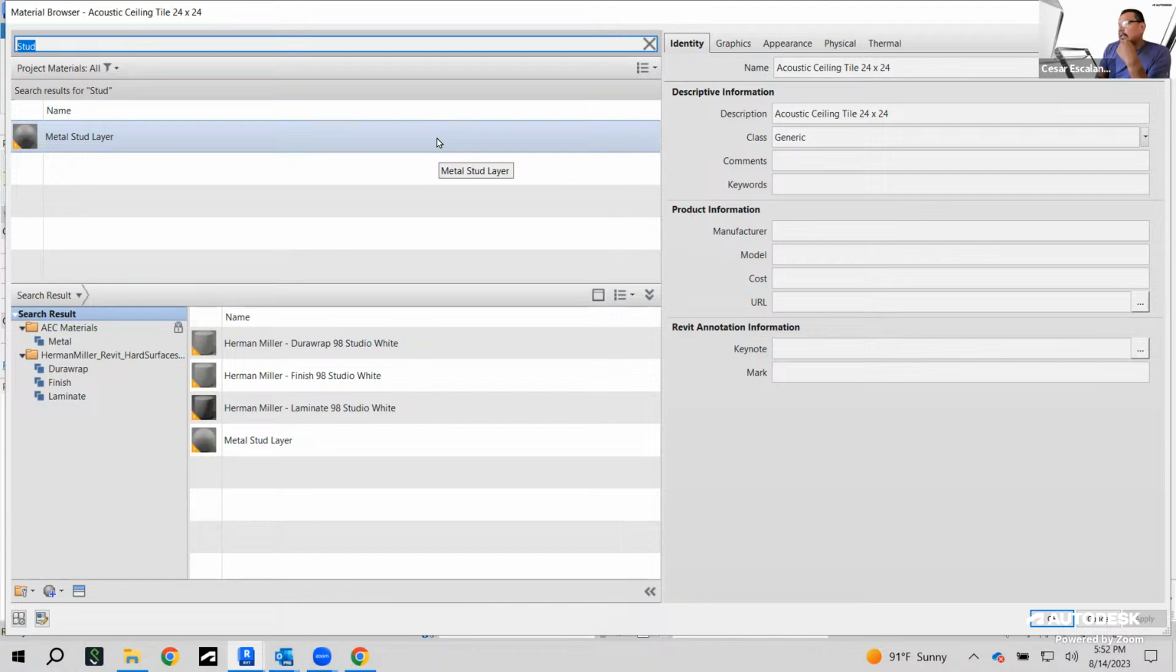We pick an existing material as a placeholder. We duplicate it. And in the process of duplicating, we also duplicate some of the assets. The assets are the graphical and metadata representation of a material. There are graphical assets, appearance assets, physical assets, and thermal assets. And all these are collections of properties that define what a material is. And so if I don't have a wood stud layer available to me, I can